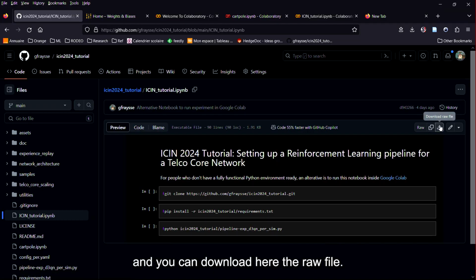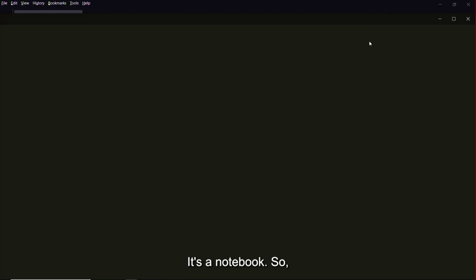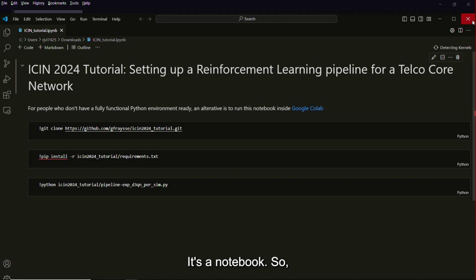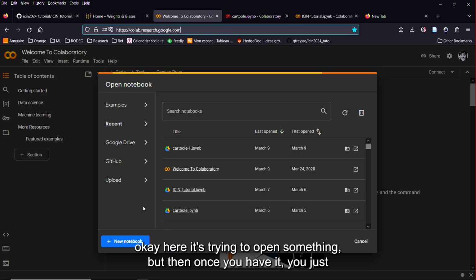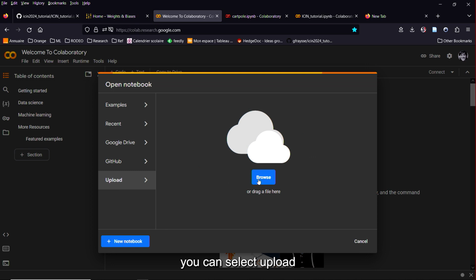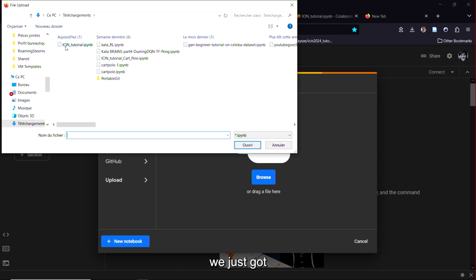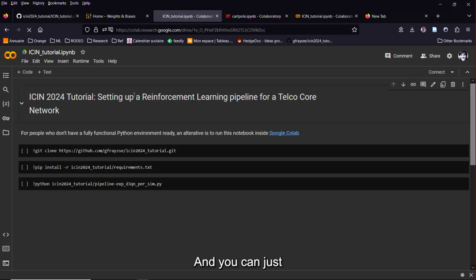And you can download here the raw file, the notebook. Okay, here it's trying to open something, but then once you have it, when you're on Google Colab, you can select upload the file we just got. And you can just start the